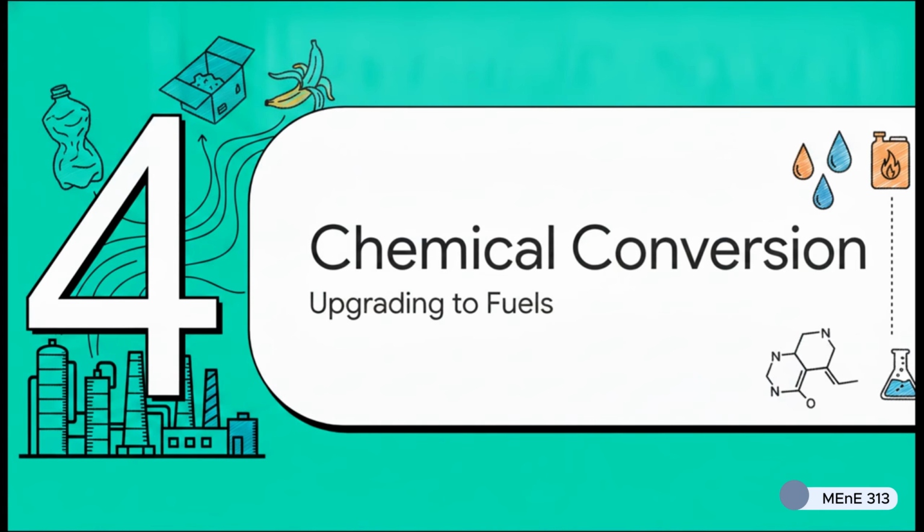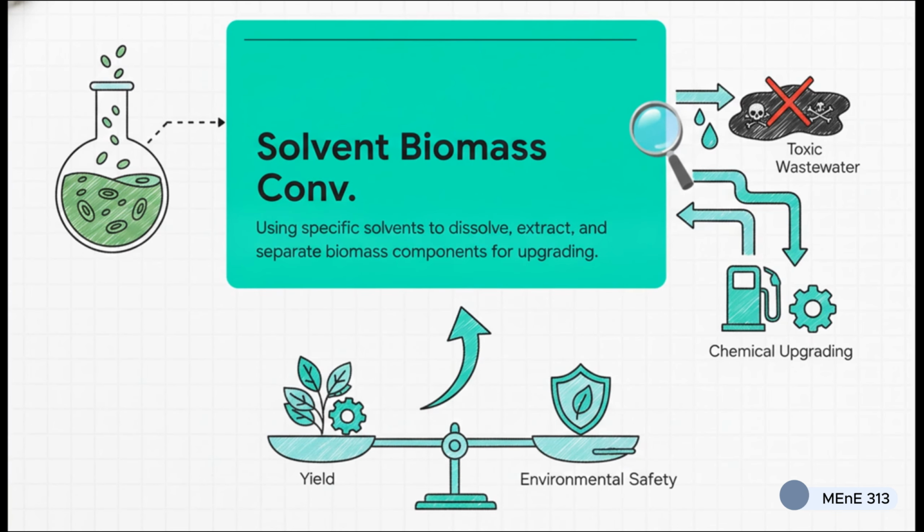Now we arrive at Section 4, Chemical Conversion Technologies, which is all about upgrading waste into advanced fuels. Here, we aren't just breaking waste down for raw heat or gas anymore. We're carefully separating and upgrading really specific molecular fractions into liquid fuels and specialized chemicals. A prime example of this is solvent-based biomass conversion. This involves using specific solvents to dissolve, extract, and separate components like lipids from, say, microalgae for further chemical upgrading